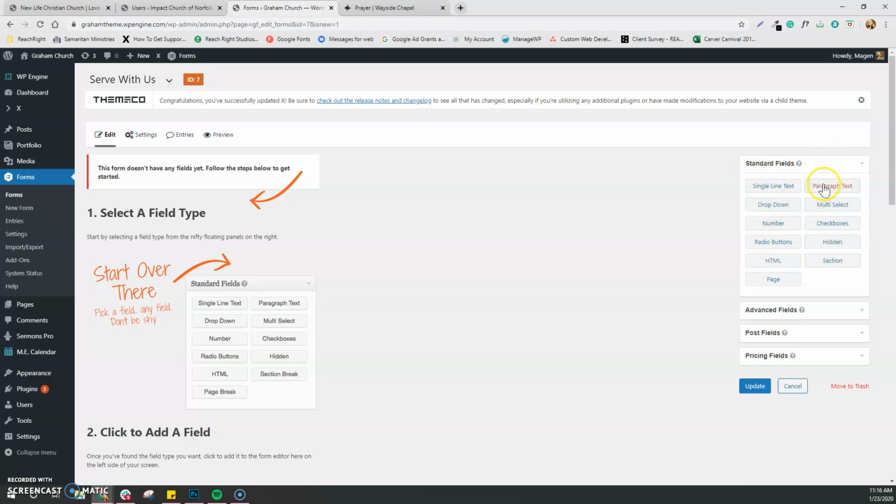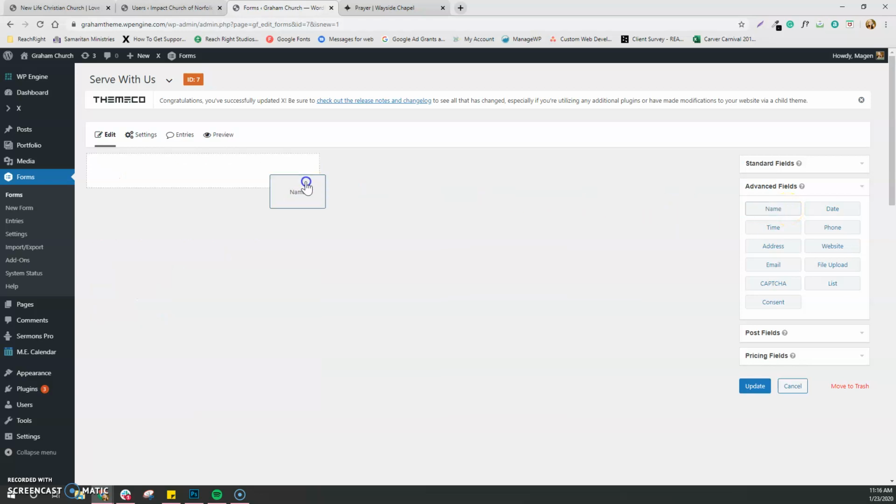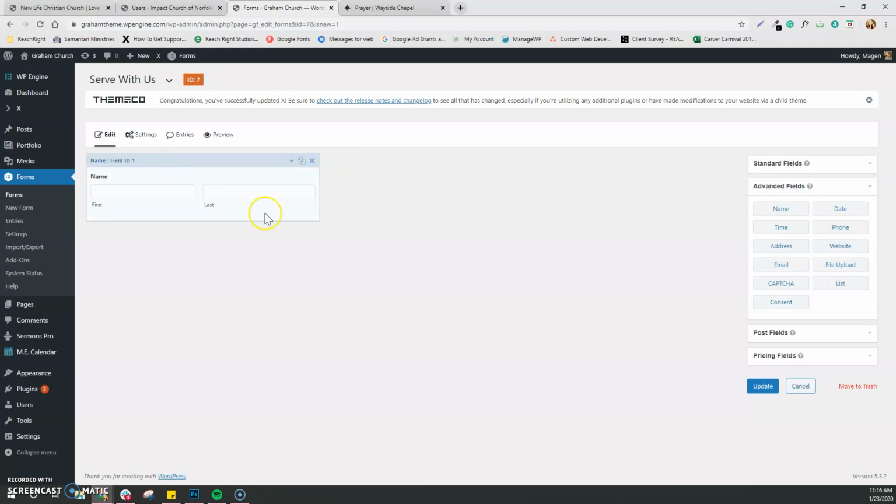Standard fields are all your data entries. Then we've got advanced fields, which are personal stuff, name, email, things like that. You can either click and drag where you want them, or you can just tap. I just did name, we'll do phone number. I'm just going to click that one and you'll see that it just folds right in. For this serve with us form, I'm going to do name, phone number,